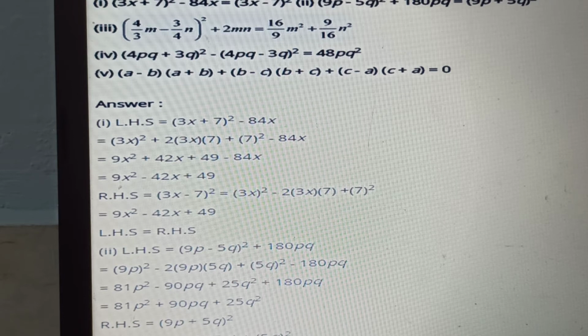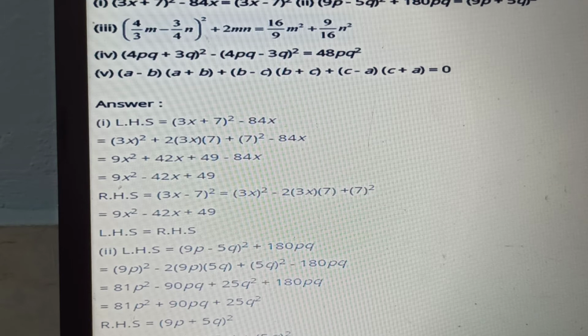That is the right hand side also, if you expand it with the (a + b)² formula, which is equal to the left hand side. So your answer is proved. They have asked to show that this portion will be equal to that portion, and you have shown that. The third and fourth problems are the same like that only.